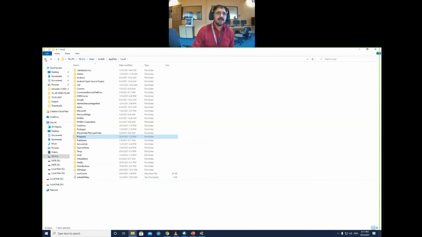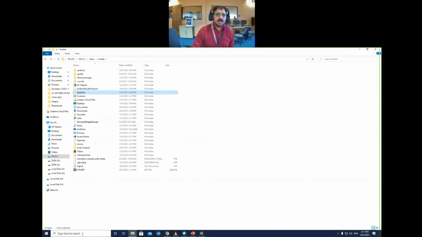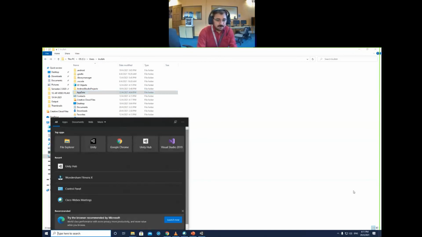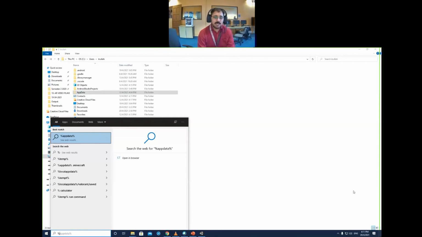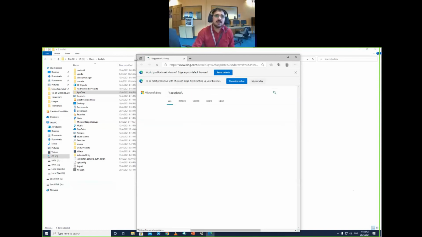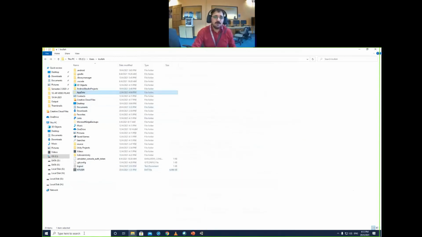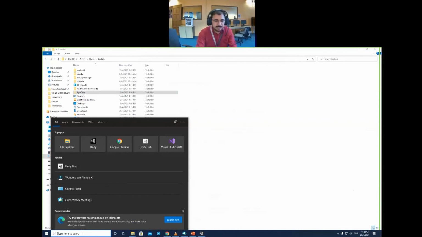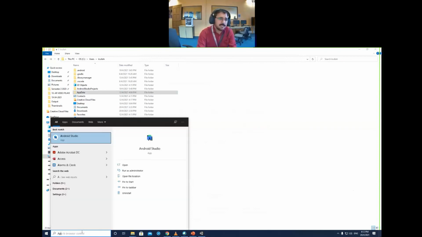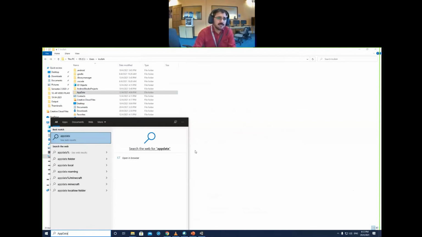I'm quickly revising. How to get the app data? If you don't know, just type the percent symbol, then the word app data, and another percent symbol. And after that, click enter. It will open the app data like this.